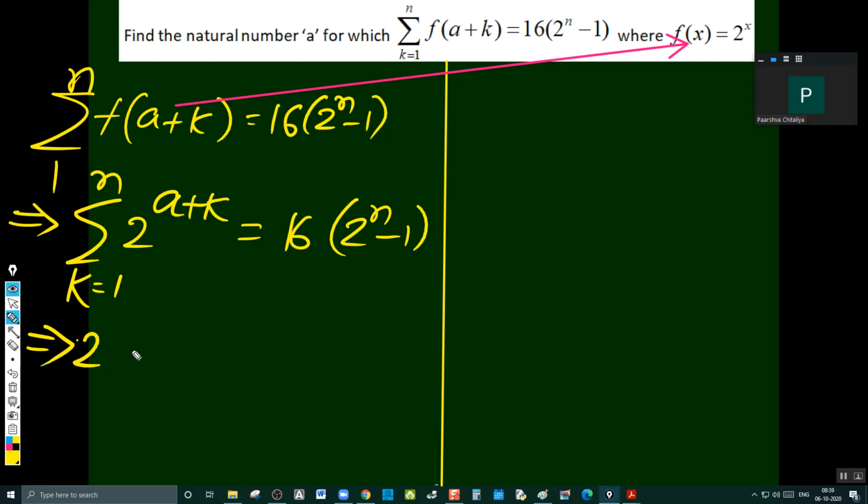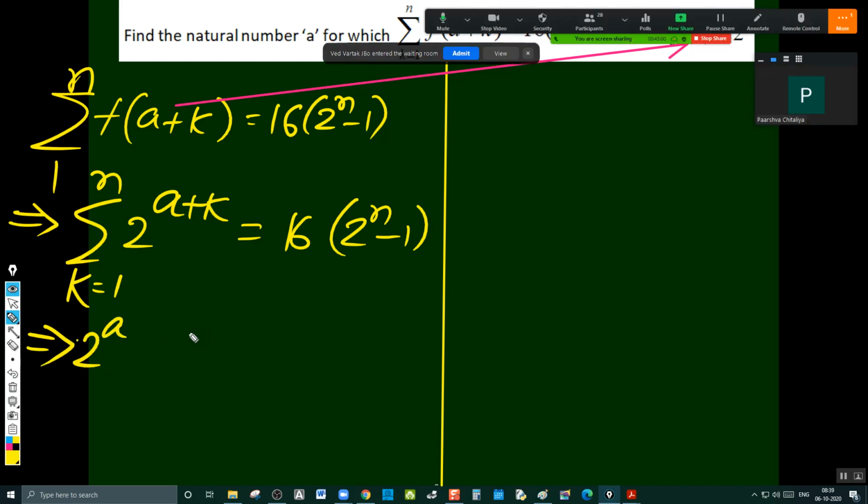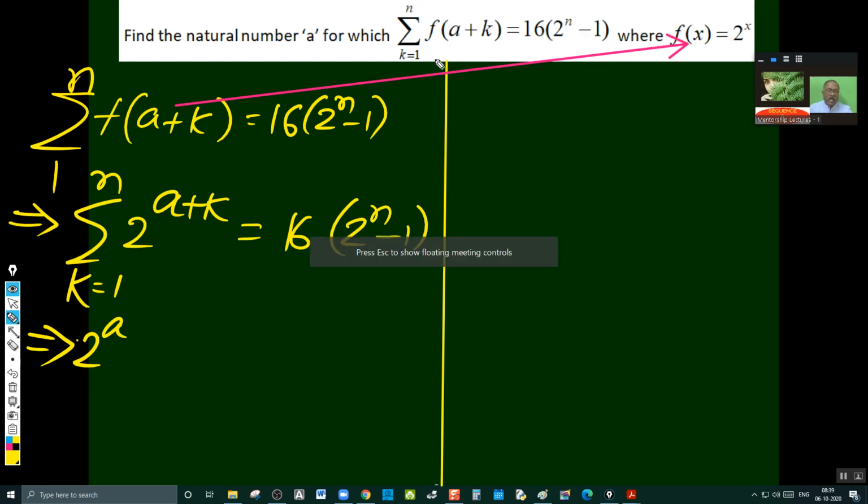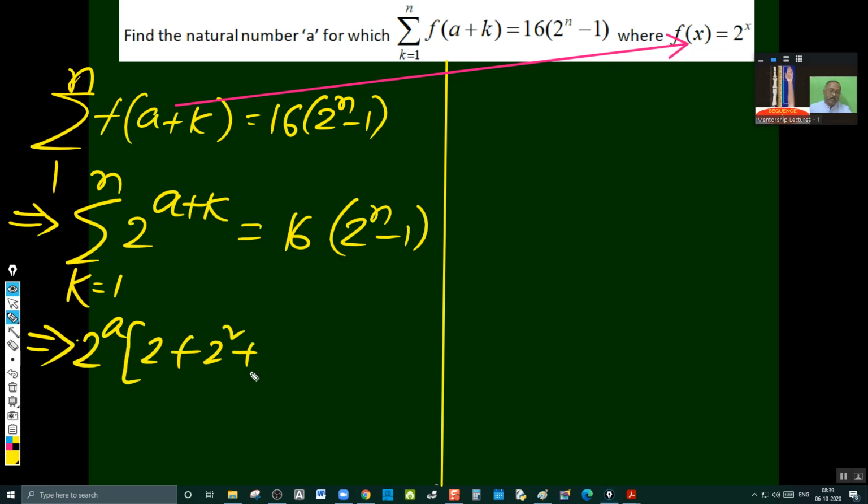And 2 power k stays under sigma, with k running from 1 to n. Then what happens? You'll be getting 2 plus 2 square plus 2 cube plus and so on up to 2 power n